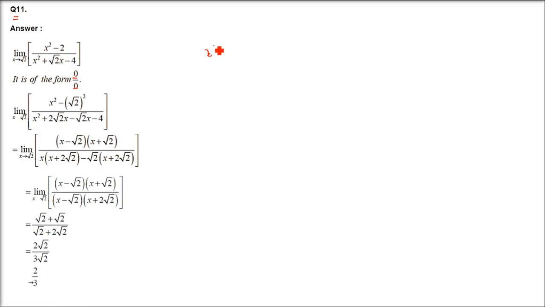So let me tell you, here only x square. Now root 2, we can write it as root 2 whole square. And you have x square, you already have root 2. So how to convert this 4 and root 2? If you multiply 2 root 2 with root 2, you are going to get 2 into 2, root 2 is 2, so 4 you are going to get. So what we do here: x square plus 2 root 2x minus root 2x, x square minus 2 root 2x plus 2 root 2x minus root 2x.